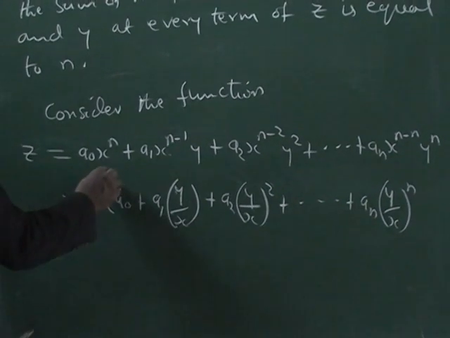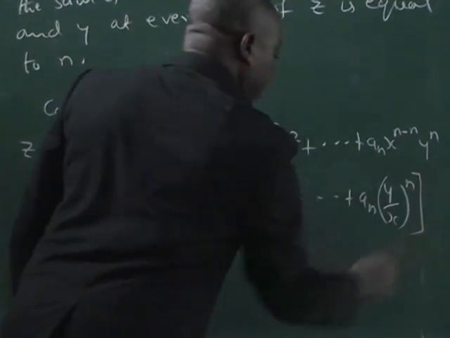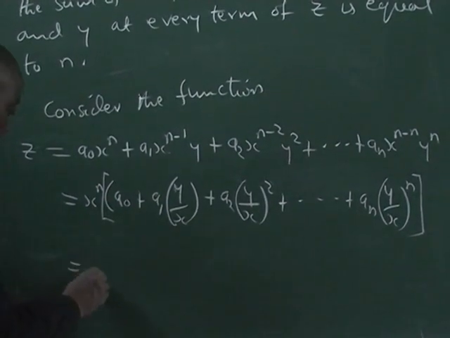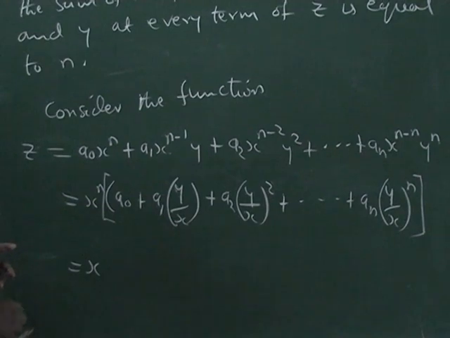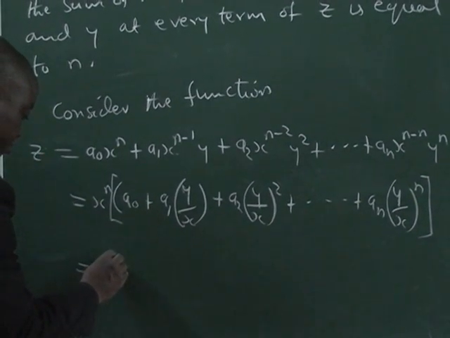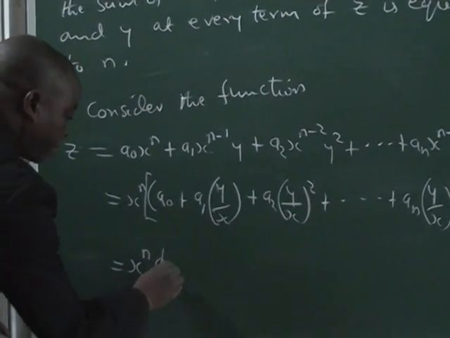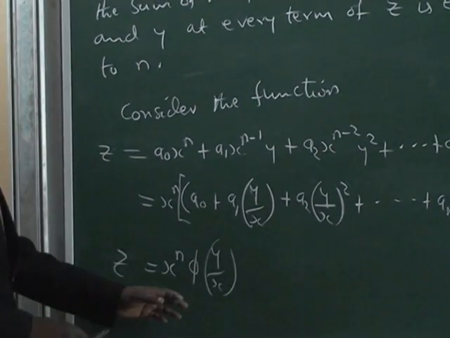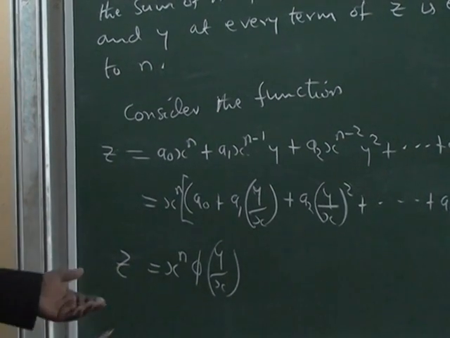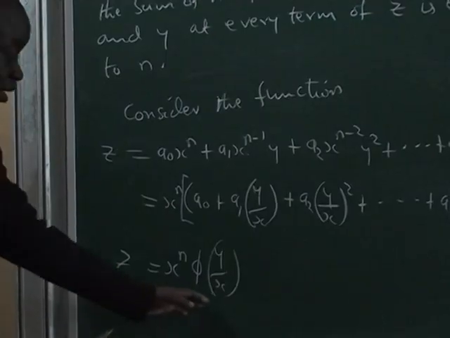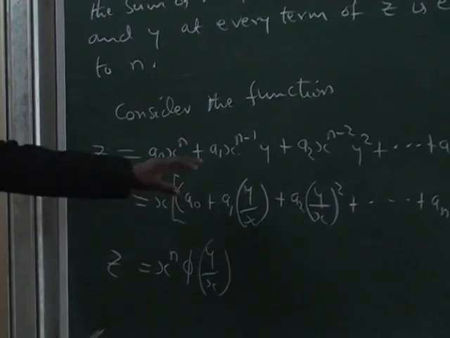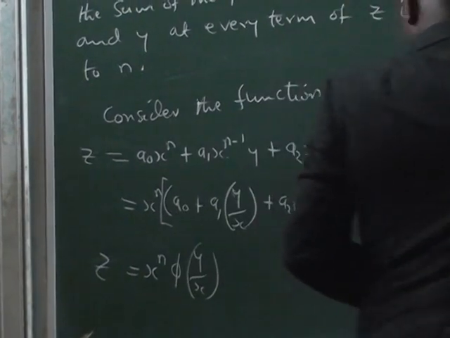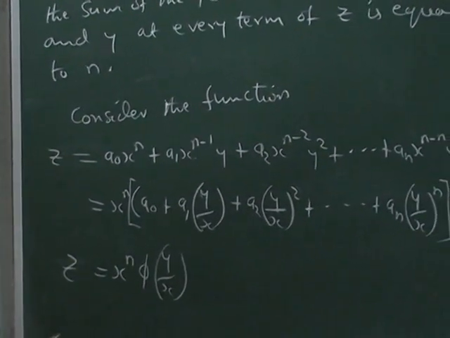Okay, so now this function, I can write in the form x raised to n phi of y over x. So z is a homogeneous function if it can be written in this form. Now, this will take us to Euler's theorem